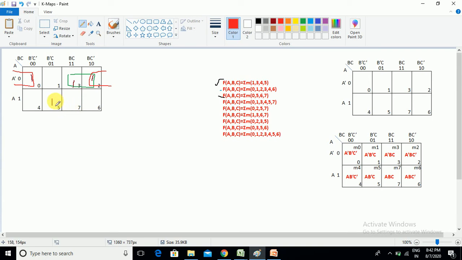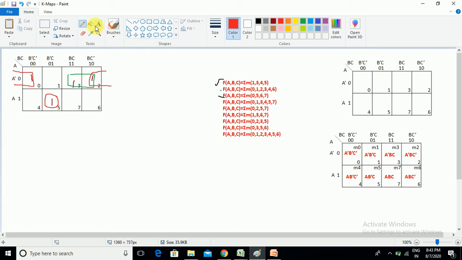For this one we need to look for alternates. 4 is not selected, 1 is not selected. These are the adjacents for 5. 1 is not selected, 7 also not selected. There is no alternate to create a group combination, so we should create it as an individual cell group. This is the grouping for the given question.